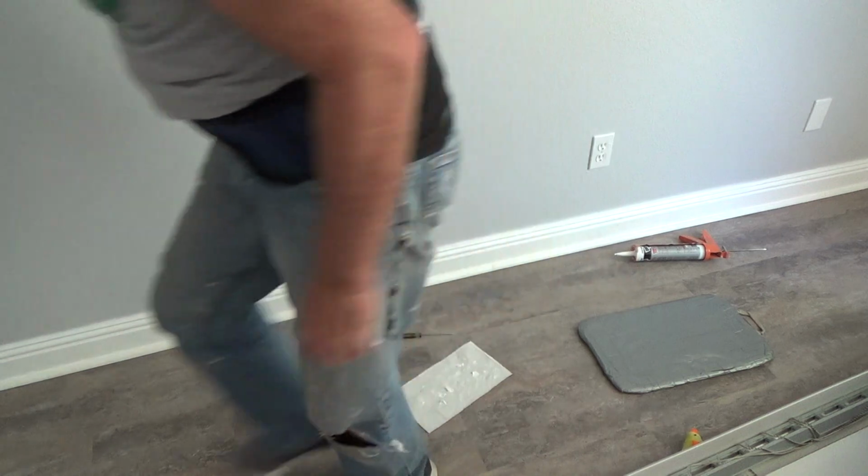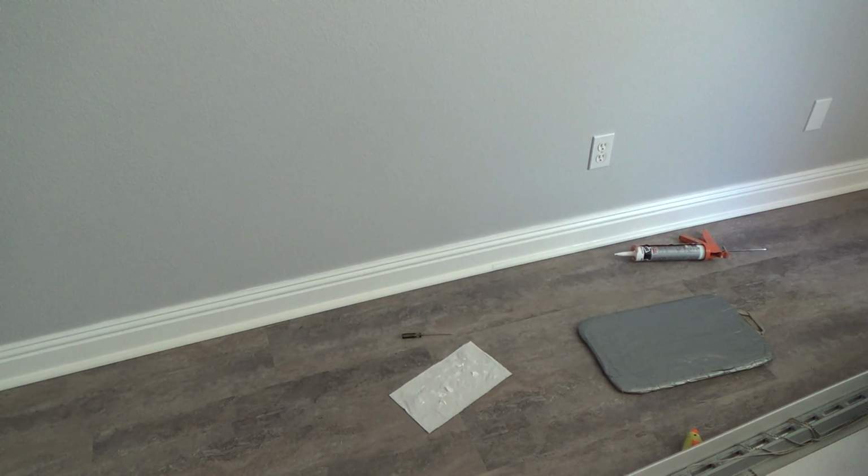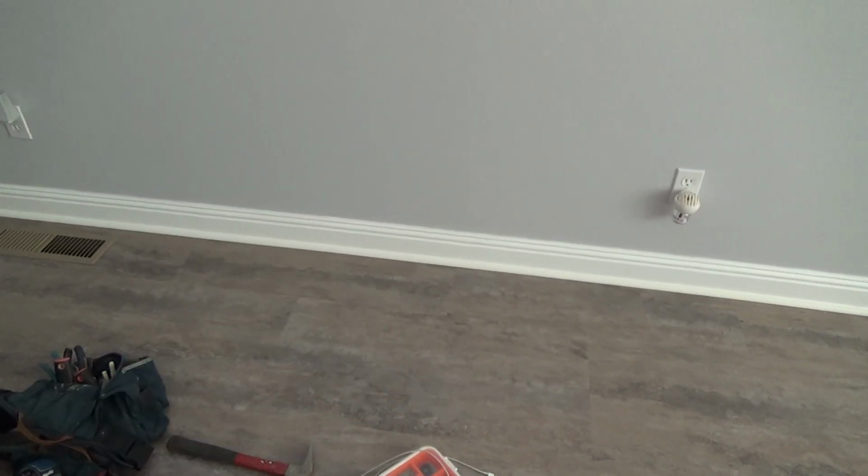And I think there was another joint. Oh yeah, there's another one. You see, this stuff was 8 feet long. It's right about there. Oh, here comes my supervisor. She's checking stuff out now. Just don't step in the caulking because